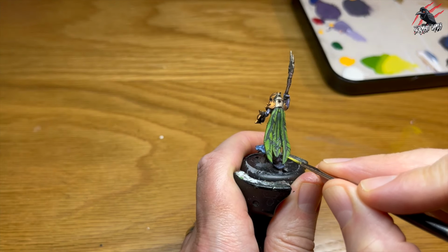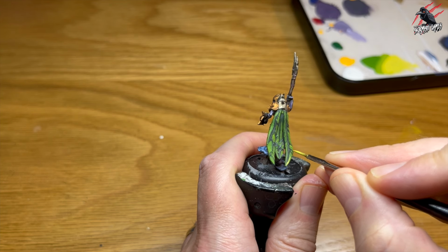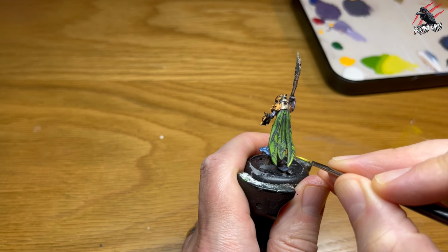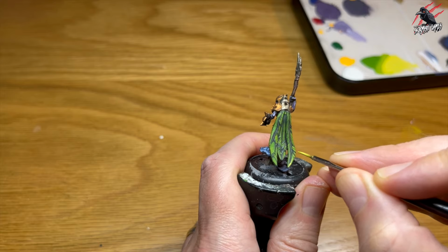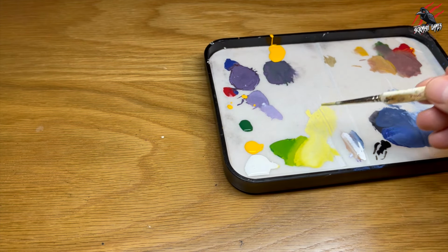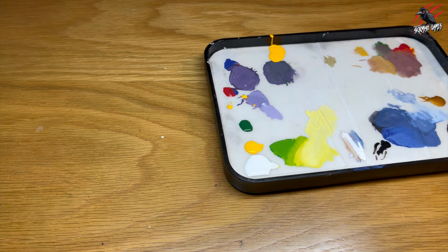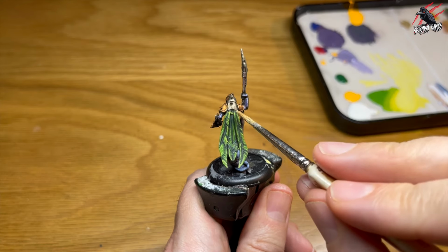I added some more yellow and white to it to go brighter still, going along those edges and just doing little lines here and there to add some detail and some interest. When that dried, I made almost like a wash really with that really bright colour. I added lots of water to it, maybe 5 parts water to 1 part paint, and then I decided to